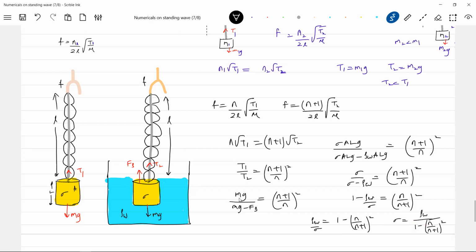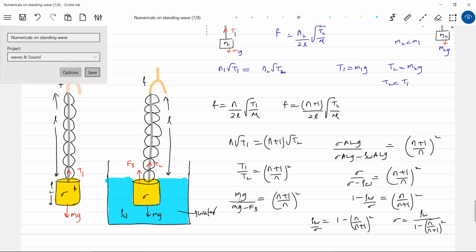Why sir, are you using this method? We have instruments, you see that. Will I make an error? Do I know the density of water? We know the exact value. We are in a better position in science now. Can I make any error in counting the number of loops? 1, 2, 3, 4, 5, 6, 7. Here how much? 1, 2, 3, 4, 5, 6, 7, 8. I think there won't be error in counting the number of loops. Instead of 8, will you say 7.8? No way. So tell me what is the density of the material? It's exact, no? Without error, we'll get it. That's why this experiment is widely preferred.